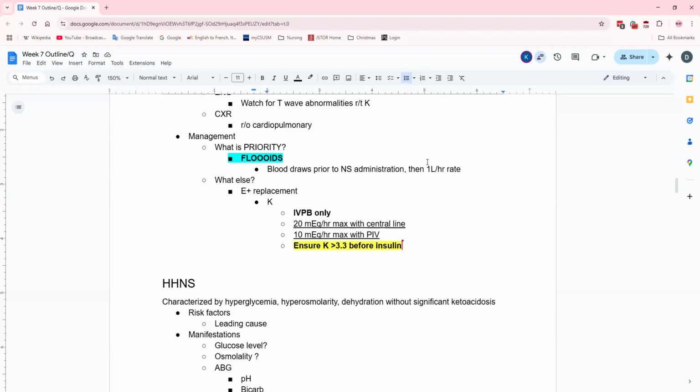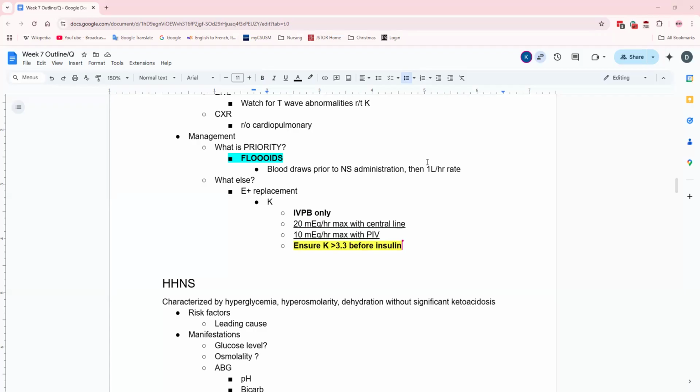I'm gonna fight you a bit on that one, because I know that LR has other stuff in it besides your bicarb, so you can end up messing with your electrolytes even more. Usually LR is more balanced. It's actually usually better for electrolyte management than NS. I feel like good luck finding that out on the floor. That's the issue: LR is not very compatible with things, so that's why they don't use it. But if they don't need anything else other than just fluids and insulin, and insulin's running on its own line, then LR is technically better, because LR in general is a better fluid than NS, but it's just not compatible with a lot of stuff.